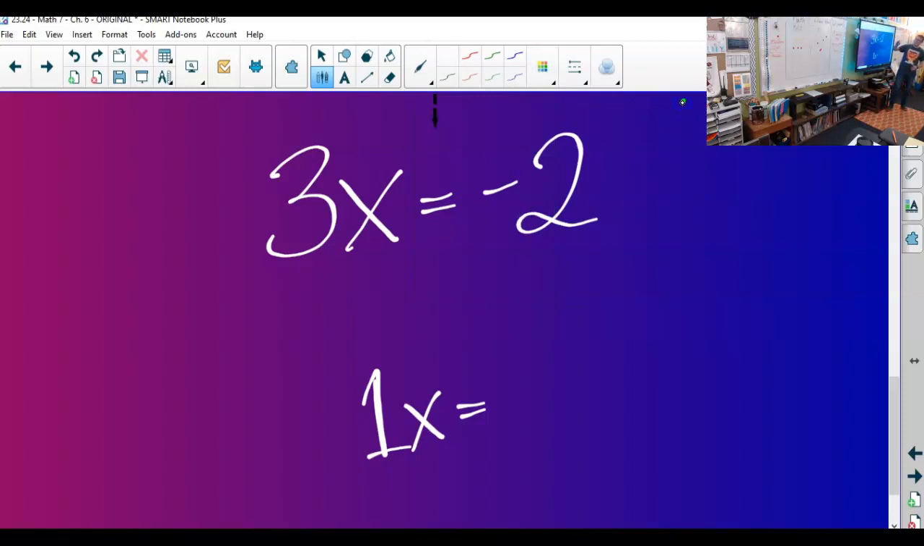So this is by 3. This 3x is 3 times x. How do you undo 3 times? We can divide. So really, x, if we get told that these are equal,